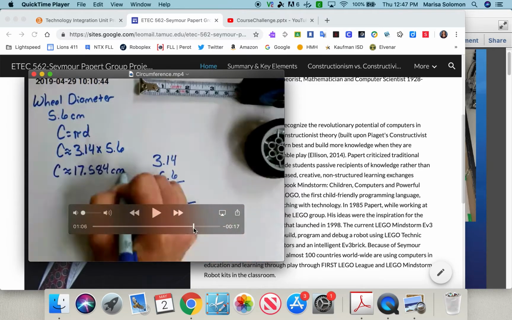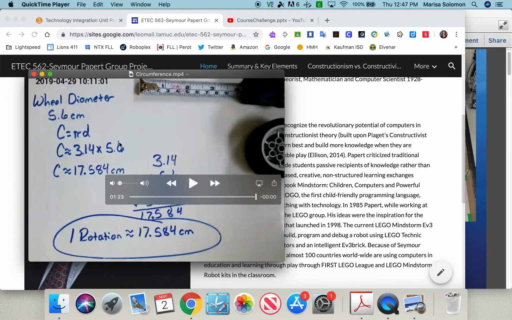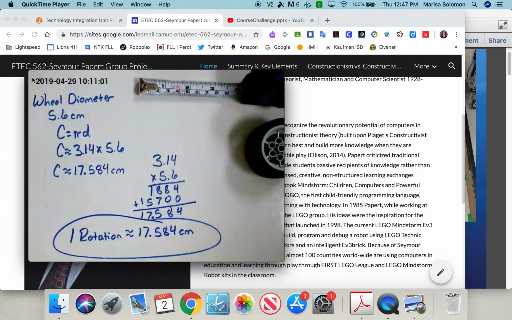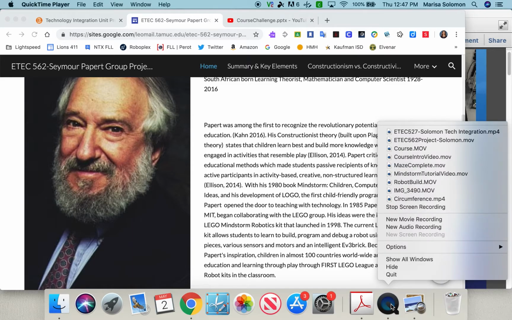So we'll just speed that up a little bit. And then we get to the rotations. When students are introduced to this lesson,